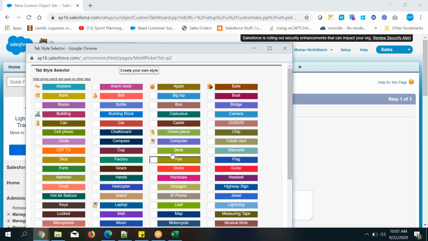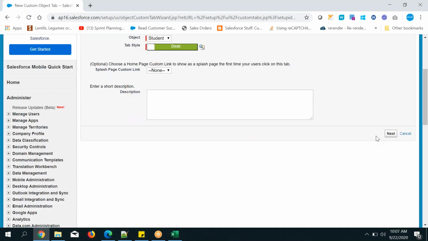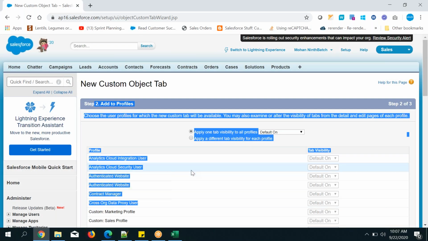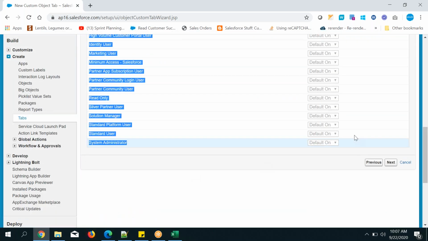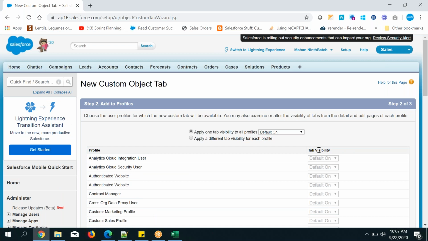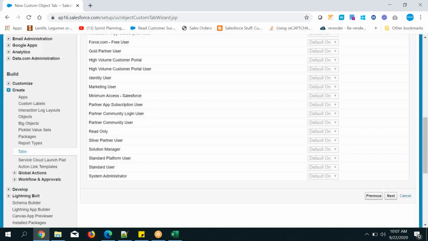Select any color. Okay, that's it. Next, finally save it. So, don't think these are separate topics again. During that time I will explain again clearly. So forget about profiles and what profiles are, forget everything right now.